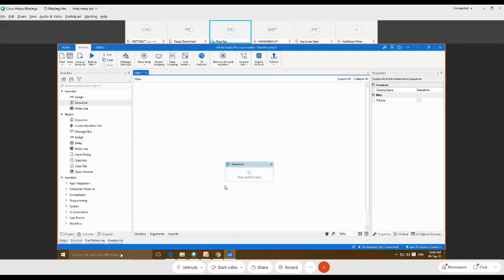What happens in the case of an argument which has the direction in: the data is not going to pass from one workflow to another, because, as its name suggests, an argument whose direction is only in is used to pass the data only within the single workflow in which that particular argument has been created. But the argument whose direction is out is going to pass the data from one workflow to another. So we'll see this.